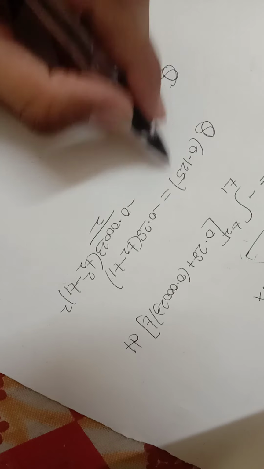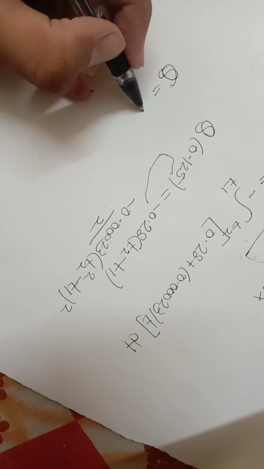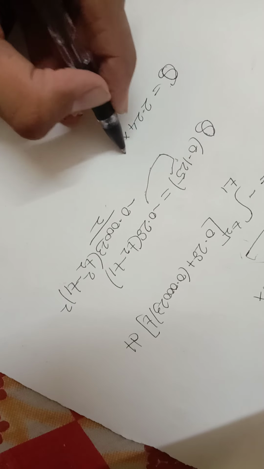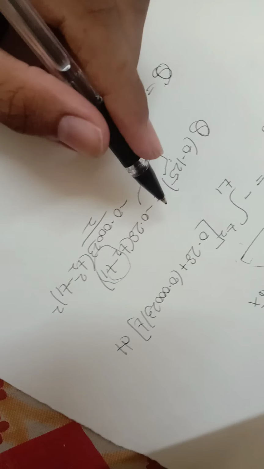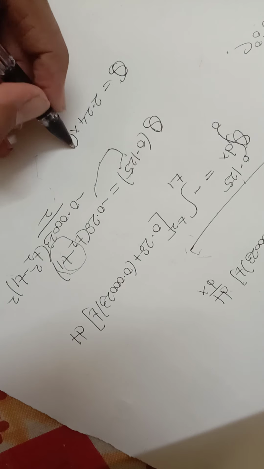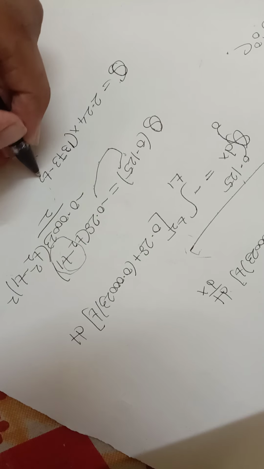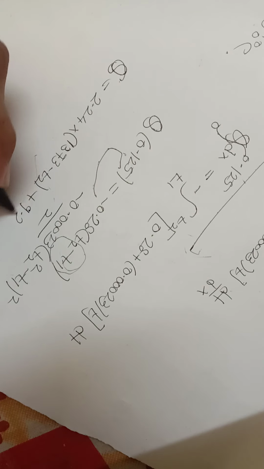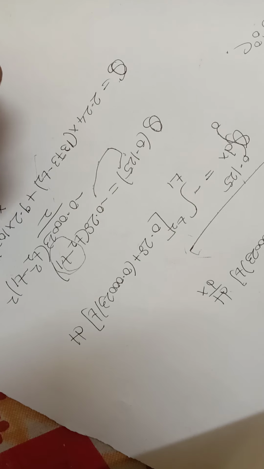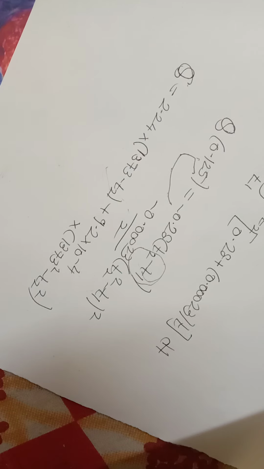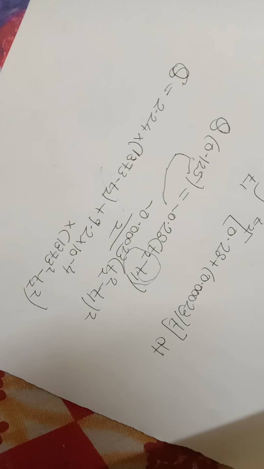Then we have to divide this whole equation by 0.125. So we will get 2.24 into, see, the T1 value is 1373. So to remove the negative sign, we will interchange T1 minus T2. So 1373 minus T2 plus, again changing, 9.2 into 10 raised to minus 4 into (1373 square minus T2 square). Okay, this is one equation.